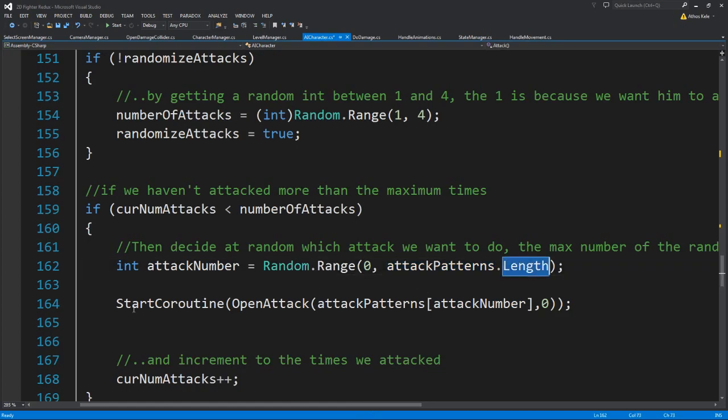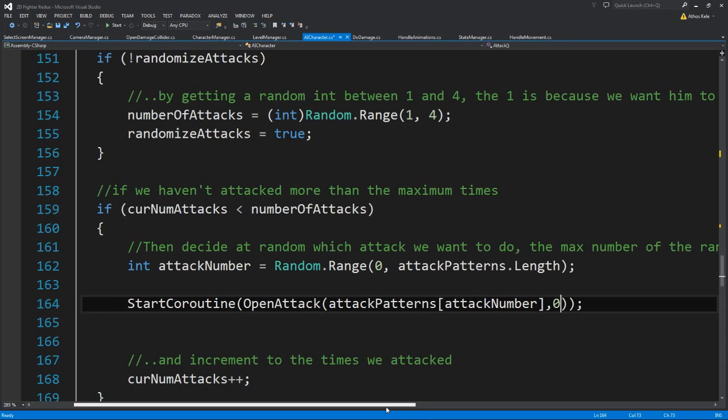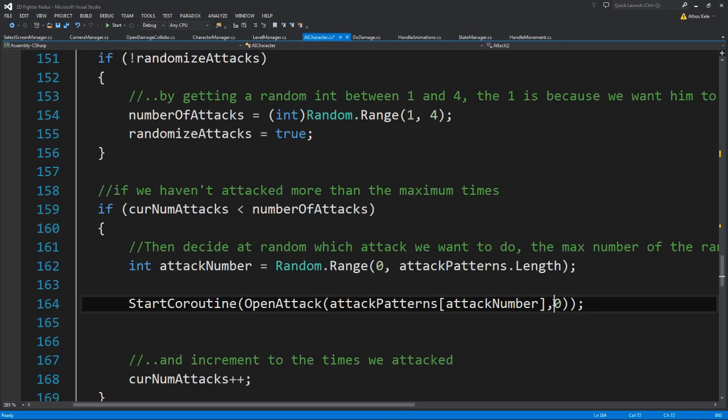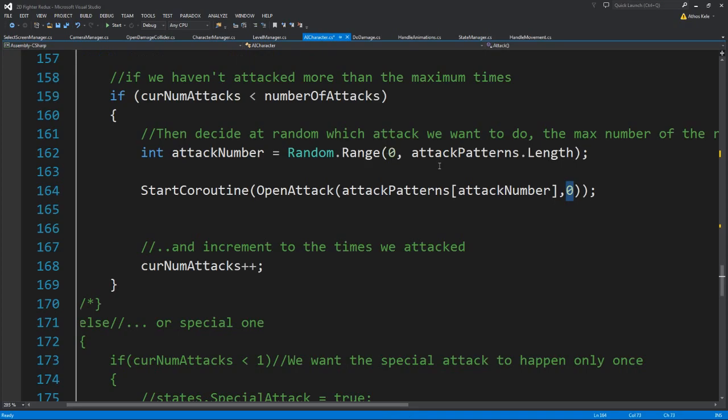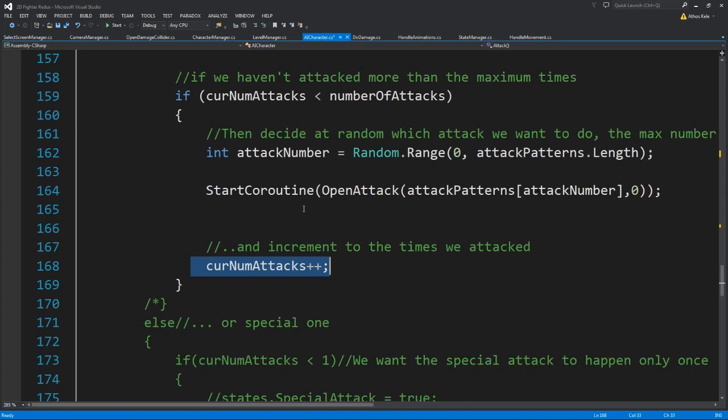Then we start the coroutine, which is called open attack, and we assign the attack patterns, and this is the index for the arrays inside the attack patterns, and then we add to our current number of attacks. So let's see the open attack coroutine,